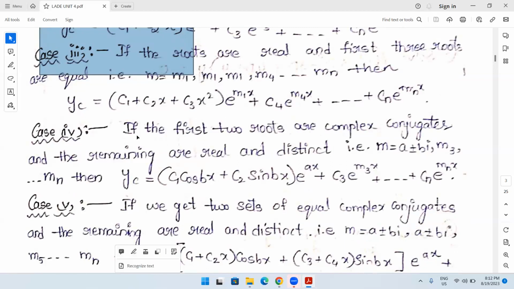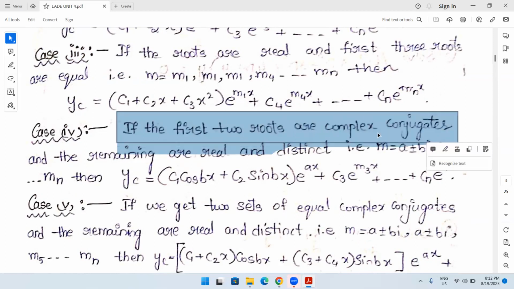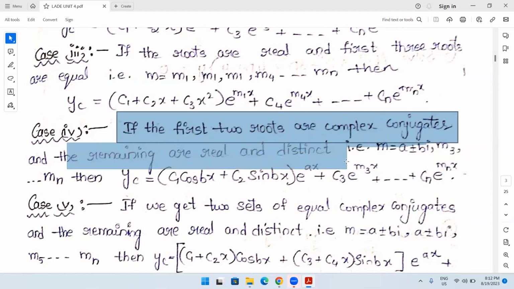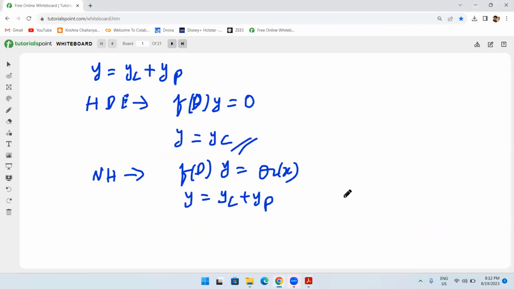So when it comes to complex roots, we may get complex roots also. Suppose the first two roots are complex conjugates and the remaining are real and distinct. That is, the first two roots are complex conjugates. So here the first root, if you observe,